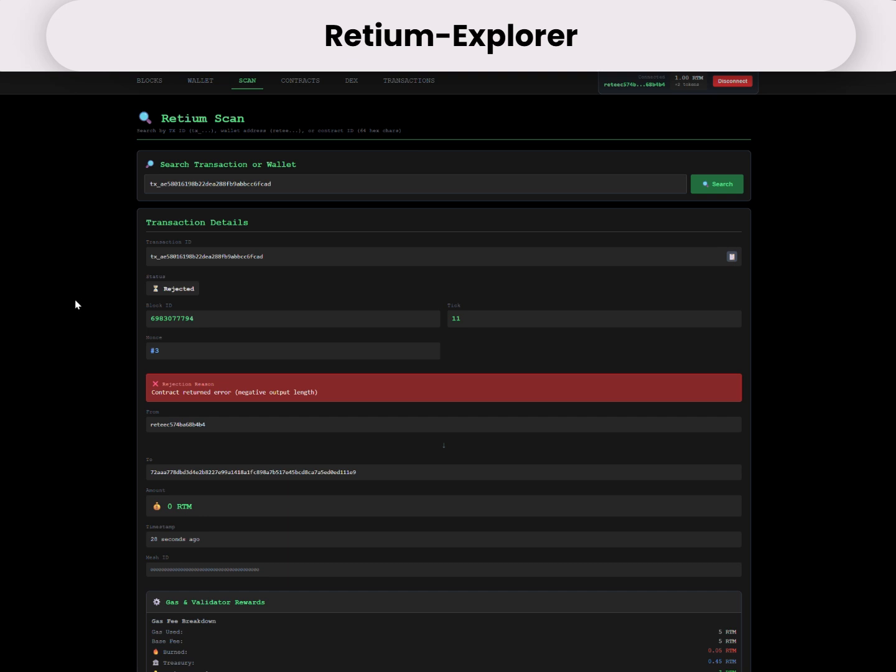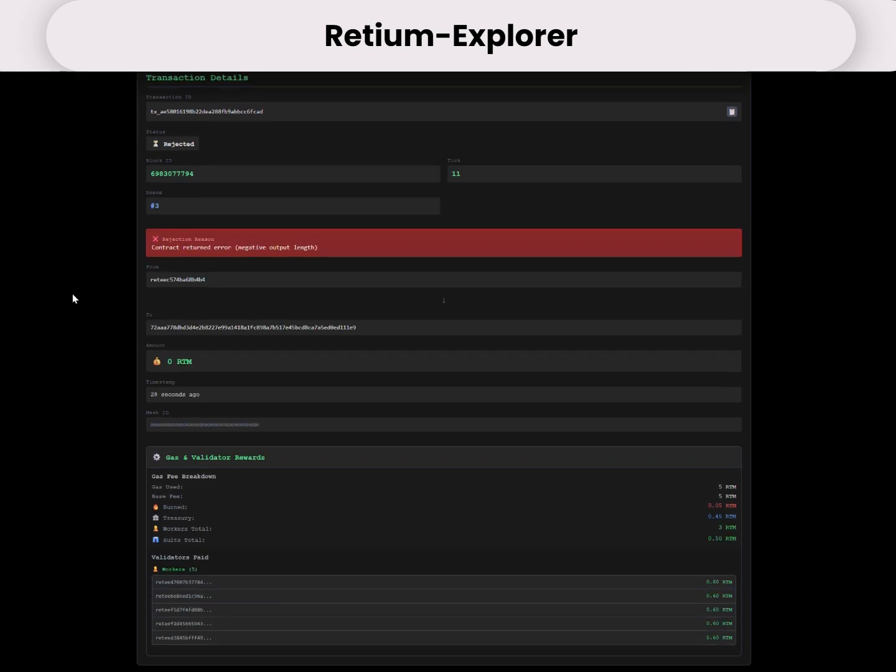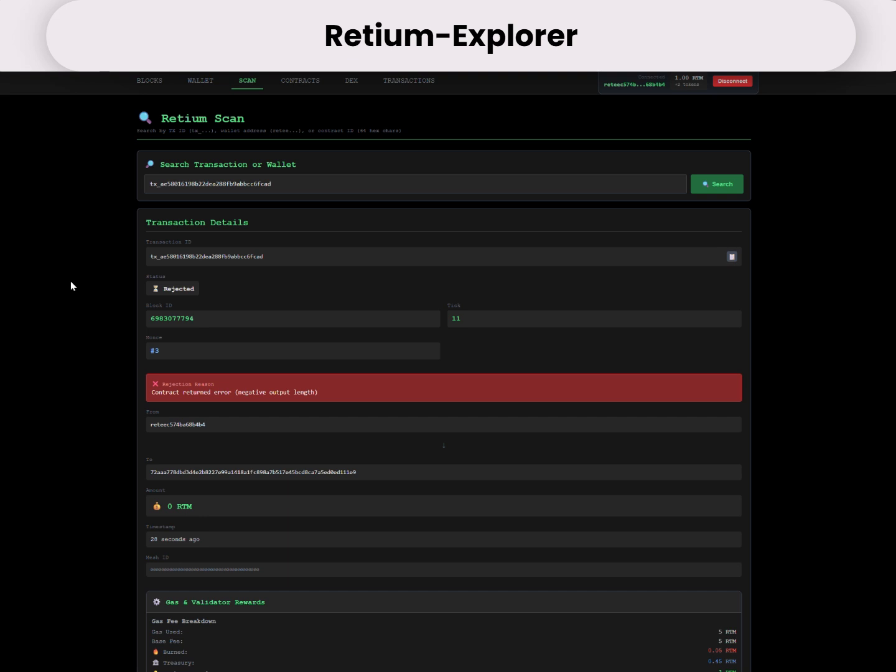The transaction didn't go through because if you notice in my wallet, I only had about 20 RTM coins. To deploy the smart contract plus the 100 RDM tokens which I wanted to put in liquidity wasn't enough. So the liquidity pool wasn't created, and now when we try to swap token to coin, we obviously had a rejection